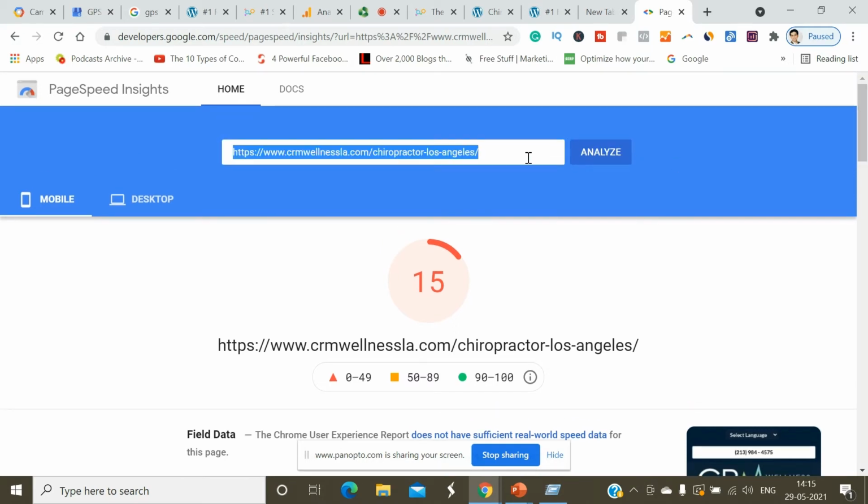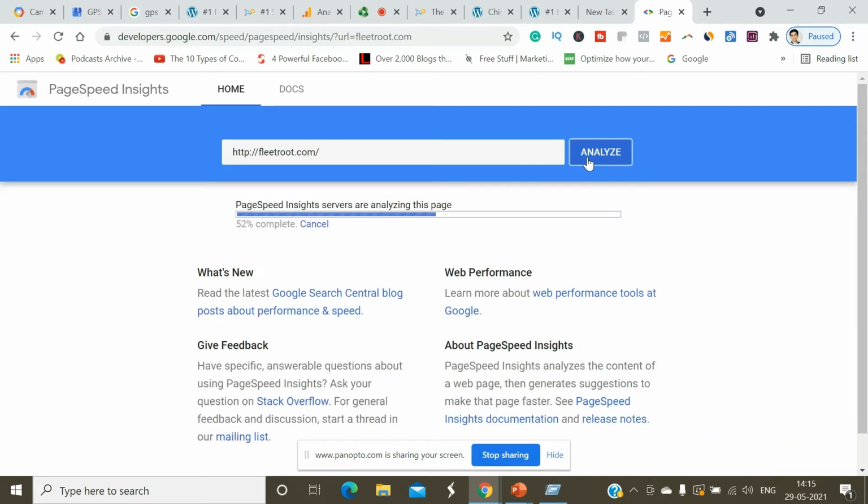Okay, so I'll show you one more. Meetfood.com, analyze. Okay, a few seconds patience, please. So it's getting loaded.